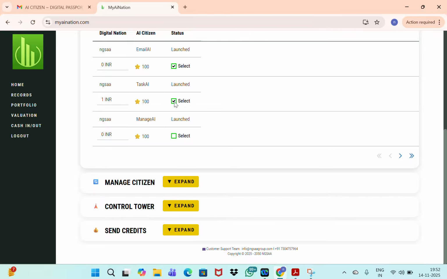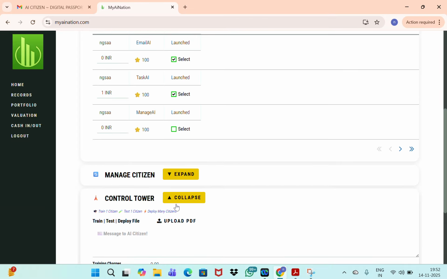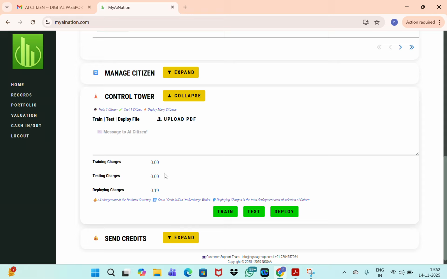So now in this portal, you only have to run this Task AI. What it will do is help you understand what the different stakeholders are that you need to solve this particular task. It will auto deploy all the AI citizens required for you, and finally it will email back to you. So let's see. I want to start